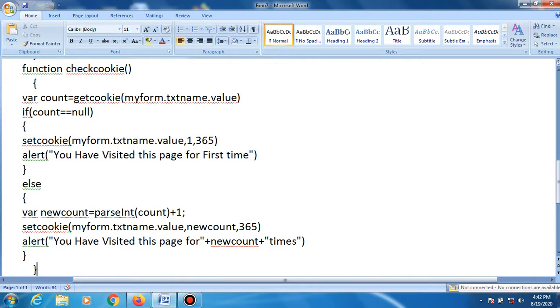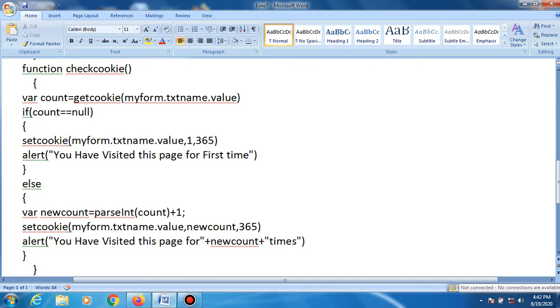Else, when you click 2 times, 3 times, more than 1 time, the system automatically counts the number of times you visited. So we write the variable newCount equal to integer count plus 1. Here count plus 1 increases the counting number.